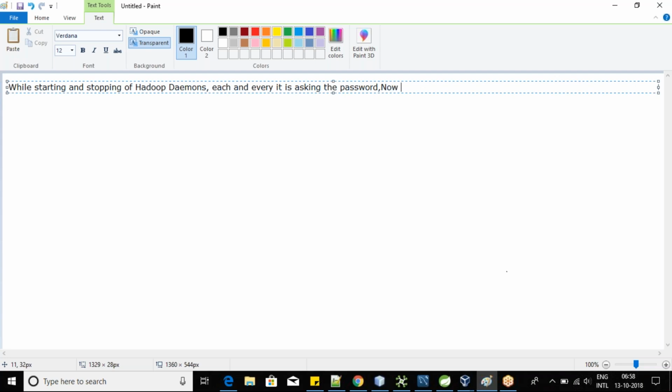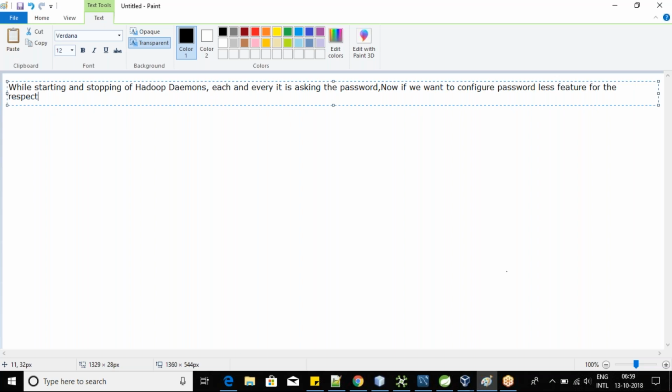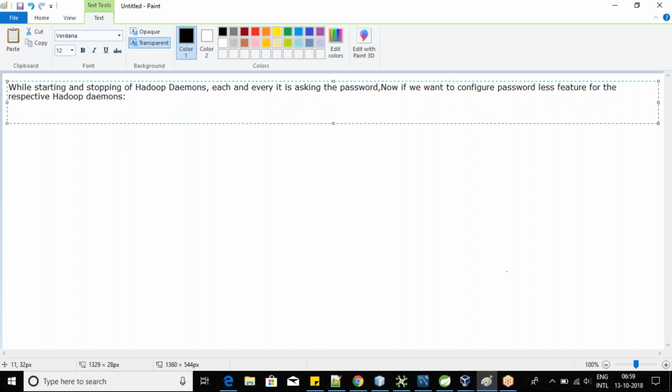Now if we want to configure the passwordless feature for the Hadoop daemons, here we need to